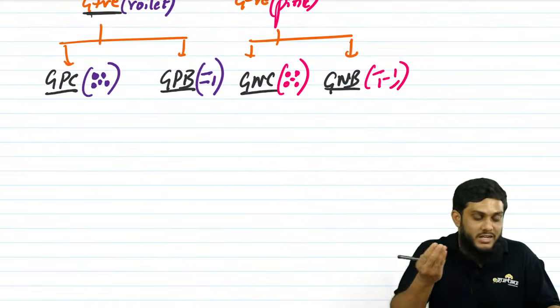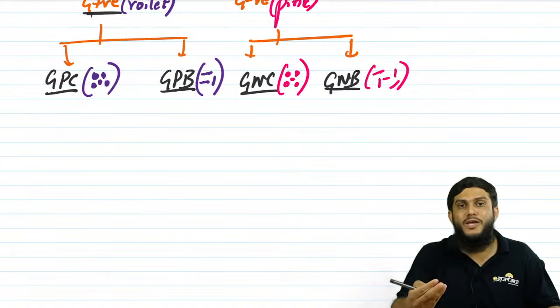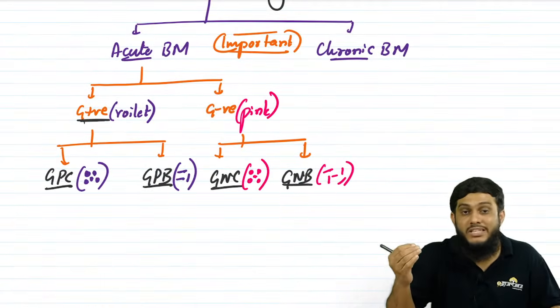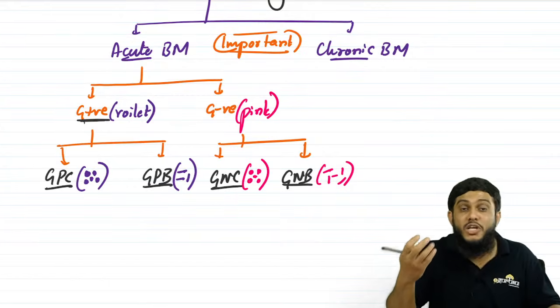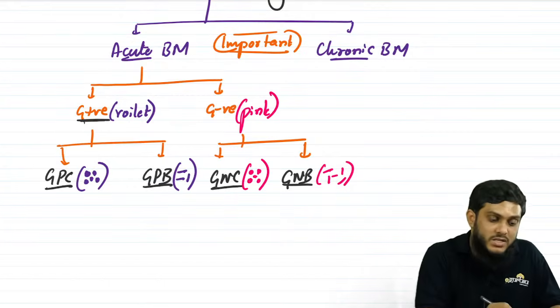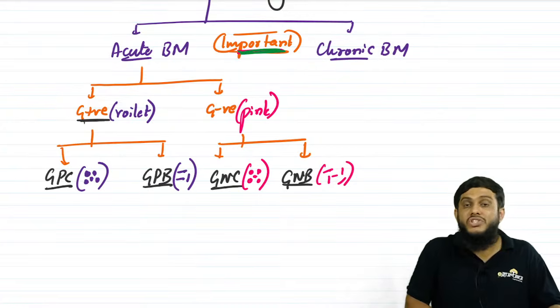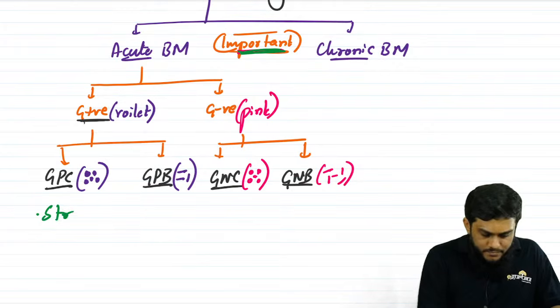So bacteria can be either gram-positive cocci or gram-positive bacilli. It can be either gram-negative cocci or gram-negative bacilli. Now, which are the bacteria which cause acute bacterial meningitis? That is what we are discussing now. Like I said, there are many bacteria which can cause acute bacterial meningitis. But if we consider the important bacteria which cause bacterial meningitis, so gram-positive cocci, Streptococcus